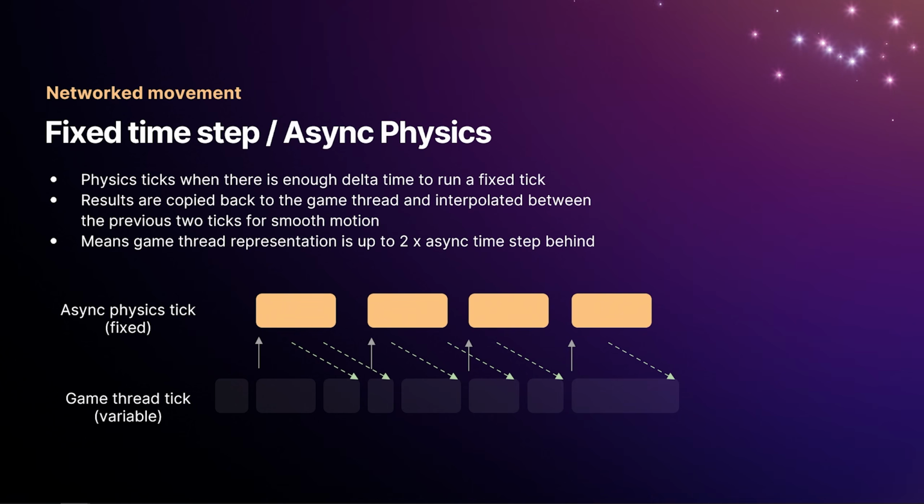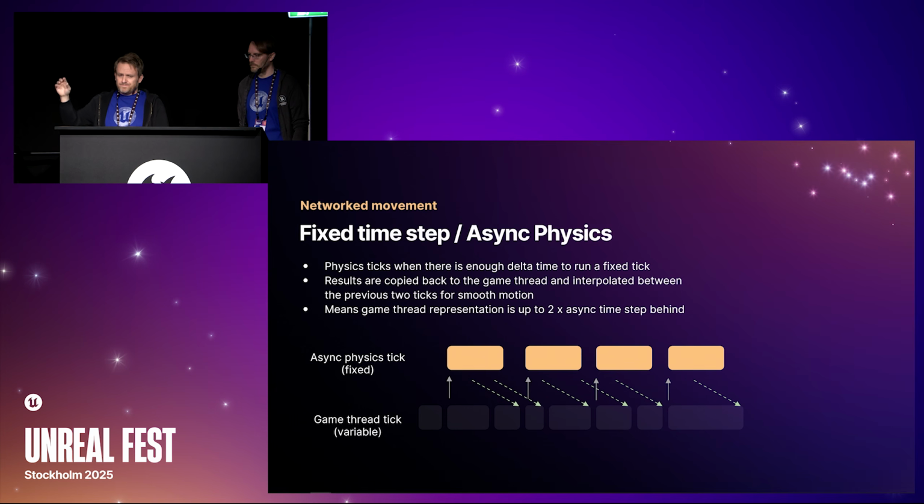So this is roughly how that works. On the bottom, you have a variable tick game thread, so the updates are different sizes. And on the top in the yellow, you have the fixed physics tick. When enough time has elapsed that we can launch a fixed physics tick that fits into the async physics time step, the game thread will launch a task to start a new async physics job, and that will run on its own thread. Crucially, after it's launched this job, the game thread doesn't wait for the physics result. It can carry on ticking, and when the physics result is ready, it will then get read back